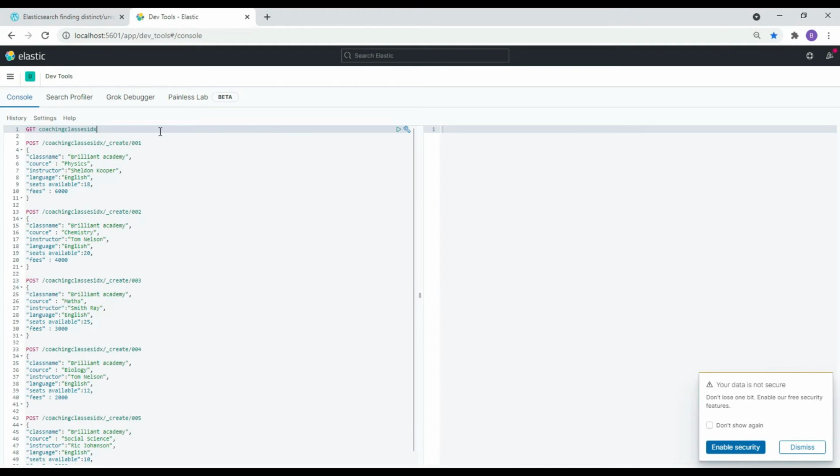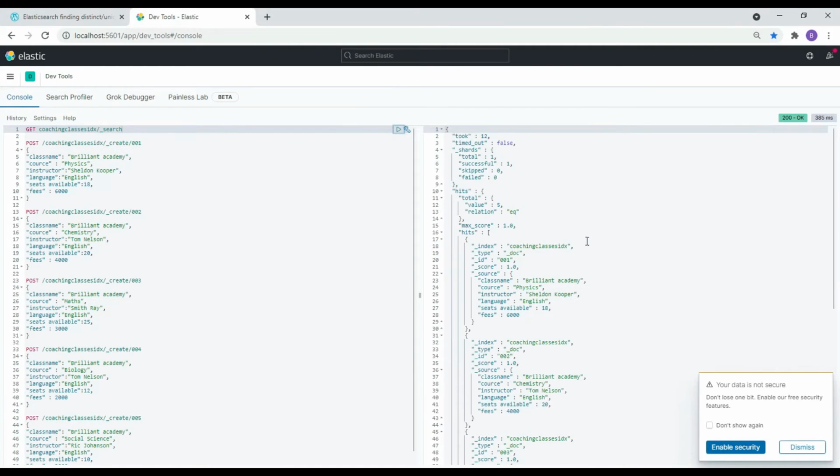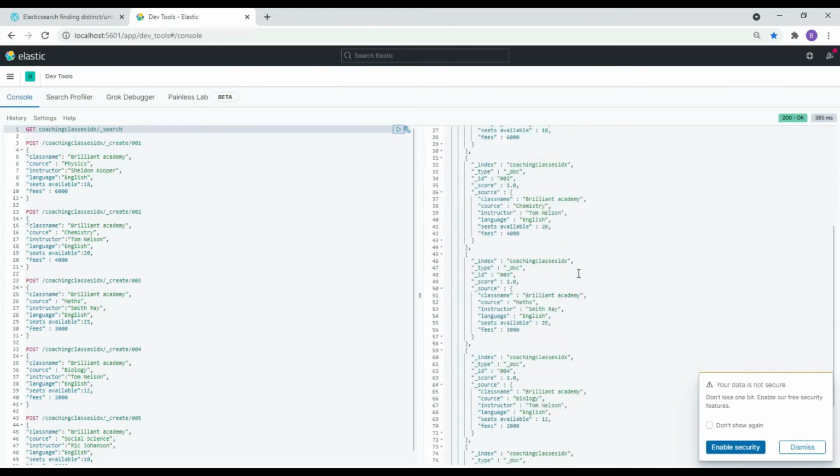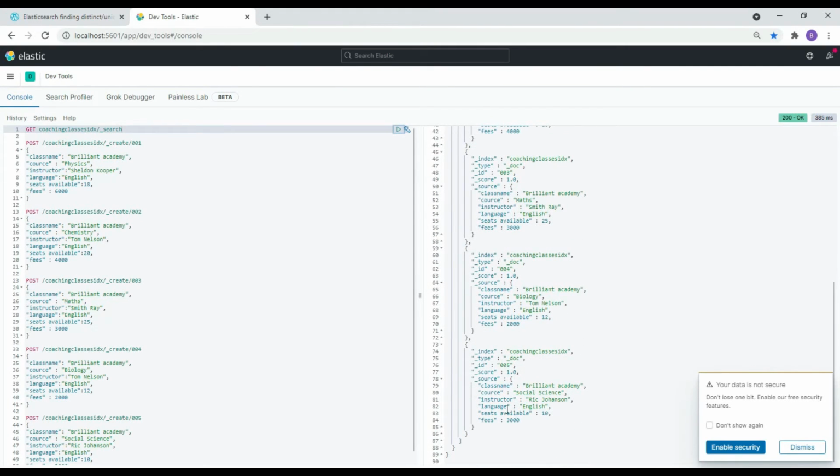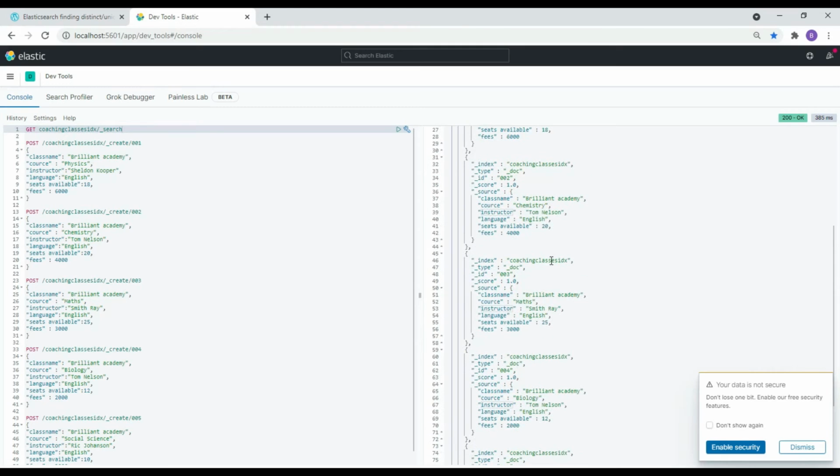This is just a simple get query in order to fetch all data in that particular index. Yeah, so we have 5 records here. Now we are putting the distinct query on this instructor field. So now you can see it should return all the unique records for this instructor. Okay, so this is the present data.